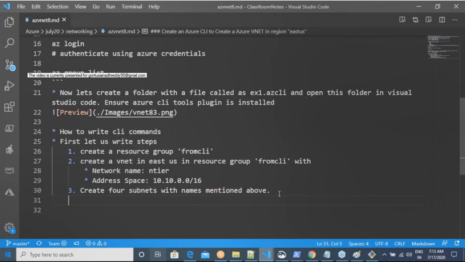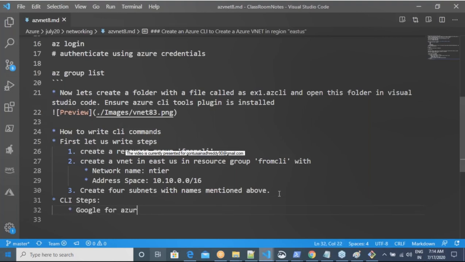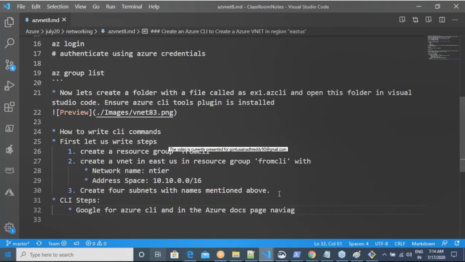CLI steps: Google for Azure CLI, and in the Azure documentation page, navigate to the reference section.